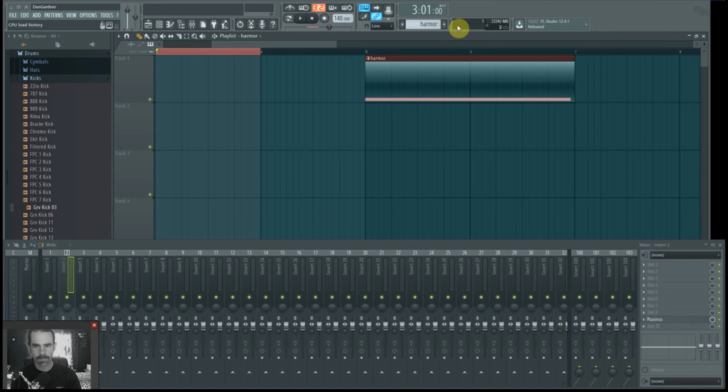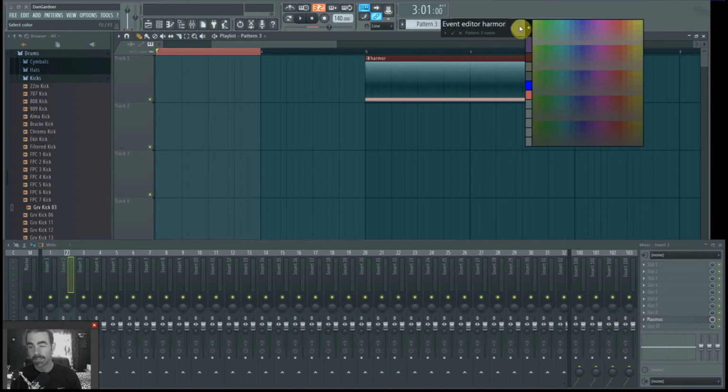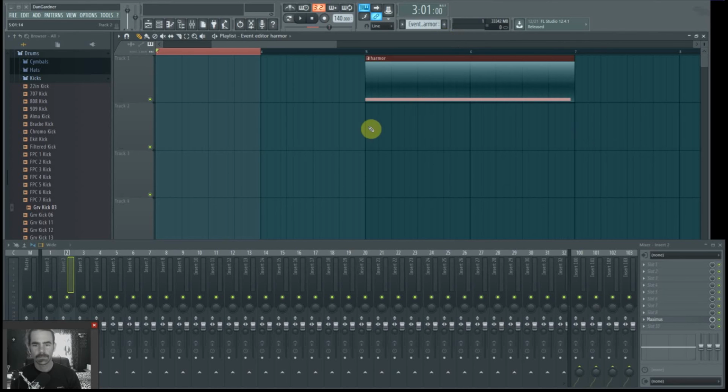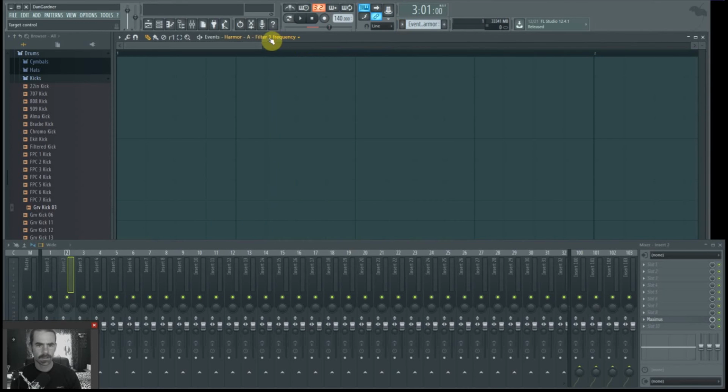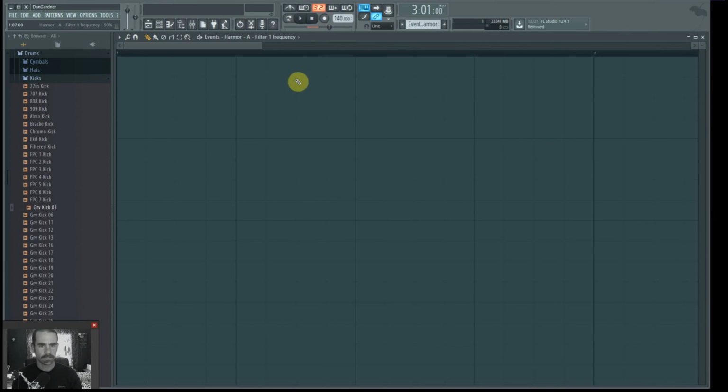And remember how I talked about how you can put those event editors into the pattern clip of the instrument that you're using? If you didn't want to, you can create another pattern clip, and just name it event editor Harmor, and give it a color, put it below, and then remember, go up to this button here, edit the events, filter one frequency, Harmor A, in the pattern clip, event Harmor, F9 to get rid of the mixer window, and